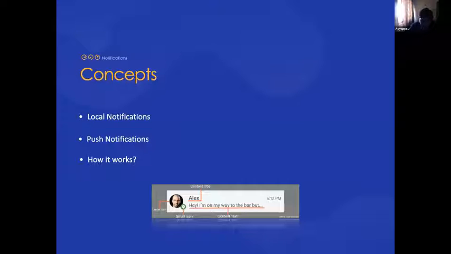And the other one is push notifications. These are called remote notifications as well. These definitely need some setup because these are somewhat personalized content that you'll be sending to the users remotely.